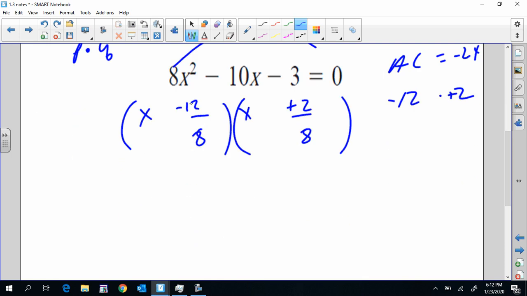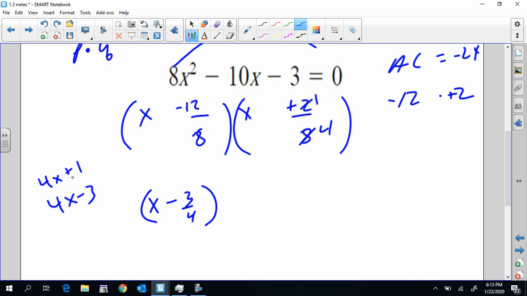We divided by 8, pardon me. Take 4 out, we get 2. Take 4 out, we get 3. You could think of it as 4x minus 3, but that would be crazy, because you're going to move the 3 and divide by 4, which is 3 over 4. We're foreshadowing there with my 4s. 2 goes in, leaves a 1. 2 goes in, leaves a 4. You could write 4x plus 1, couldn't you? You go ahead and FOIL that out. You're going to get negative 3, positive 8. Yeah. But I wouldn't. I would just leave this, not the real factor, but